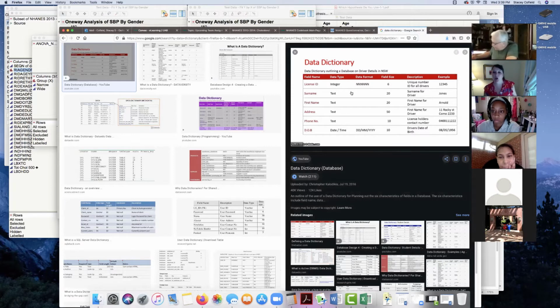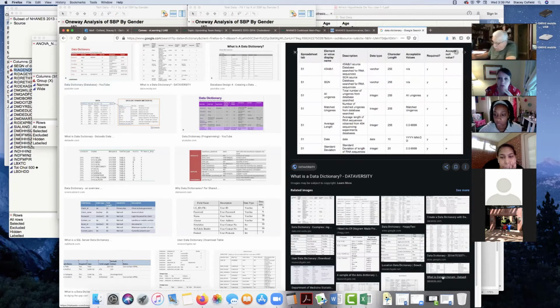So here's an example of a data dictionary that looks a little bit similar to some of the code books we've seen. This actually just has first name, last name. It tells you what data type it is. This is a real specific one. For you all, we can think about one that has, let me see if there's one that has listings as an example here. These are all weird data dictionaries. Student details.